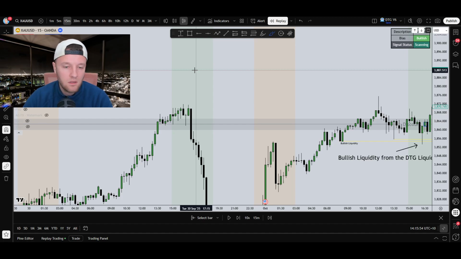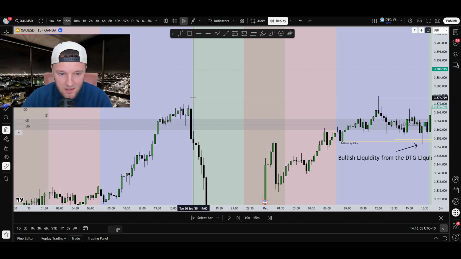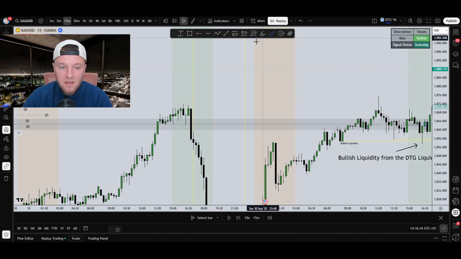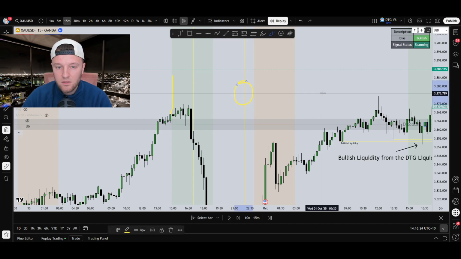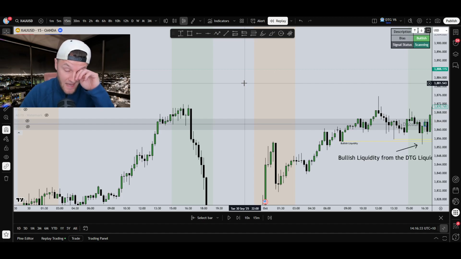Now this is not based on London or New York session, because if I turn on the sessions indicator, you can see that actually London session starts here and New York session starts here, right? Green is where London session starts, brown is where New York session starts. Now, if I turn that on and turn on my indicator, you can see my trading window actually starts over here, which is before London session, and the second one starts over here, which is after New York session. So they're very important windows, which is when price is most likely to give us the best price action and